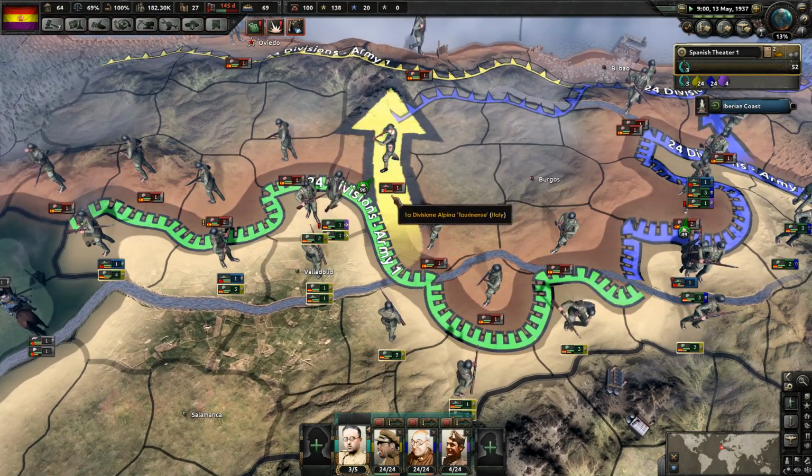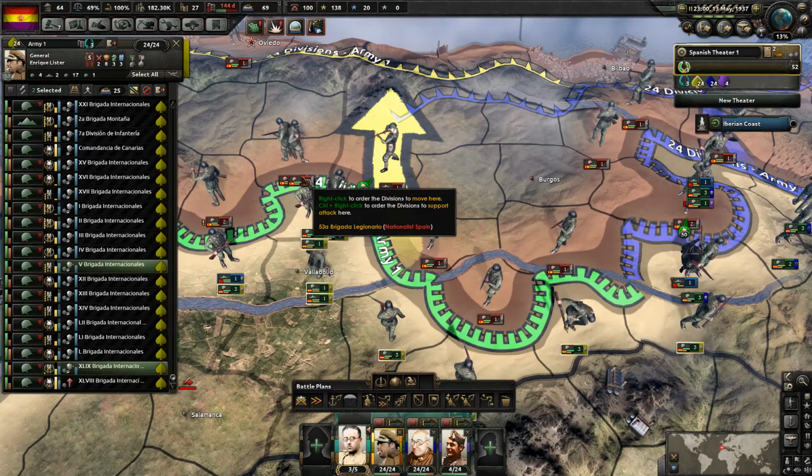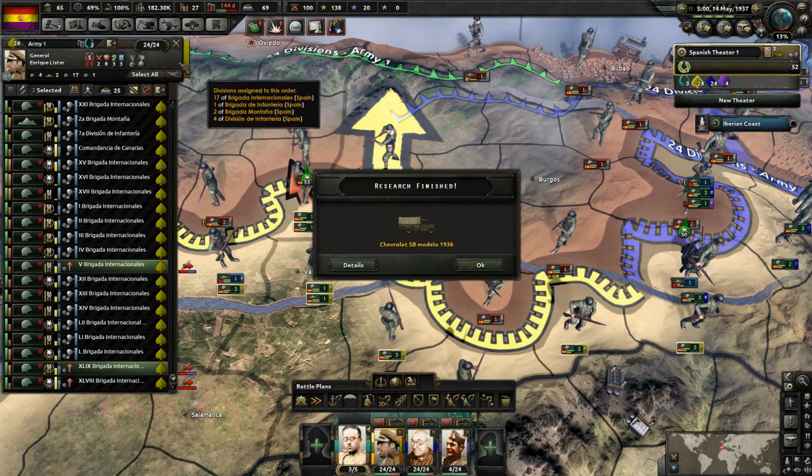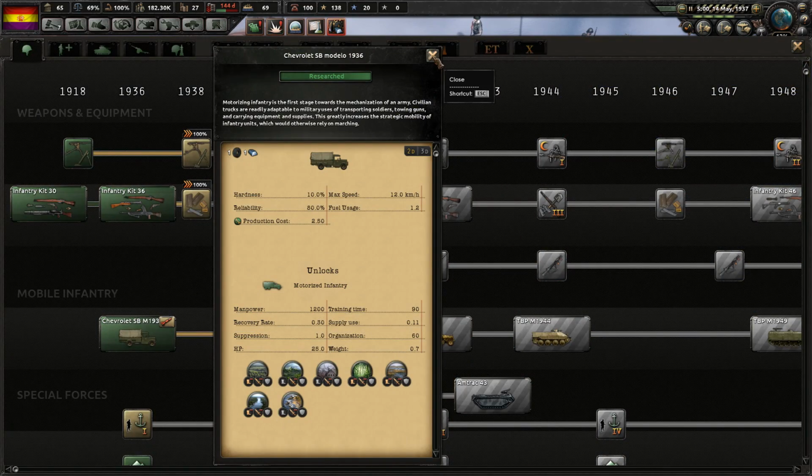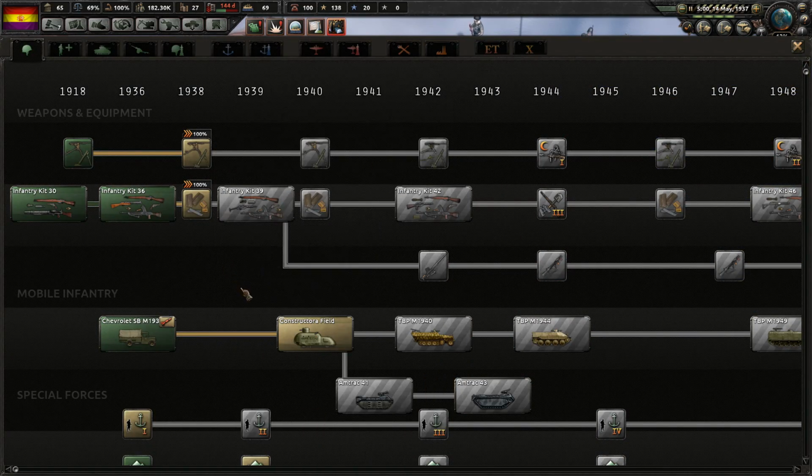Well, he did get there, but he was on the railroad, so it's fine. Damn it, that does mean I need to attack those guys. Try not to attack here, but yeah, it's forcing me into it. We did get the motorized, so let's go ahead and get...